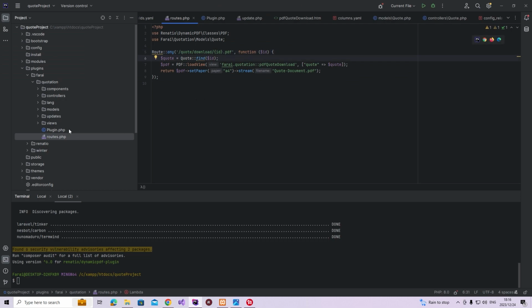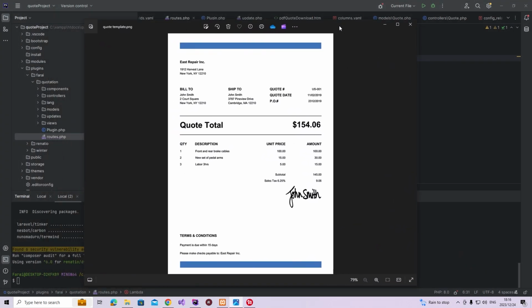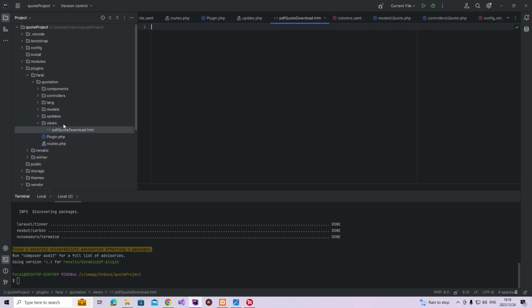So now we got the document up there. And then the next thing we need to do is we need to make it look very similar to this here. So the first thing that I'm thinking about off the bat is the HTML format here. So I can see that there's going to be that. So I won't make it look exactly like this, but I'll make it look very similar. The first thing that I need to do is I need to go into the views file. In the views file, I need to set up